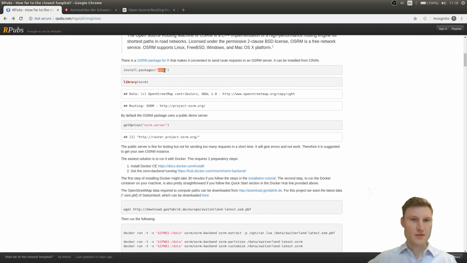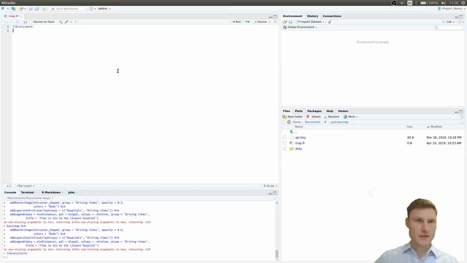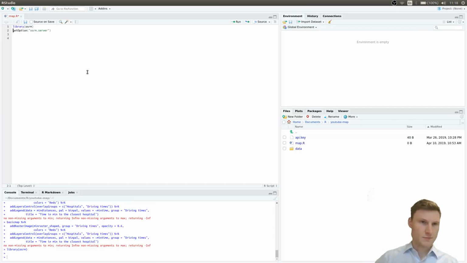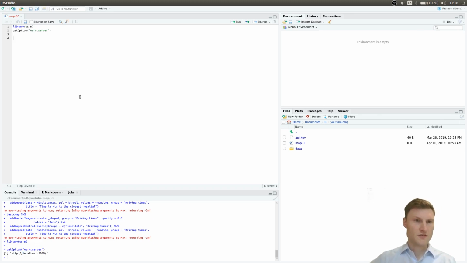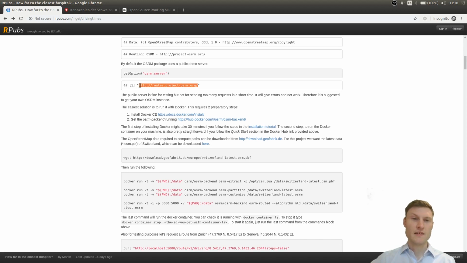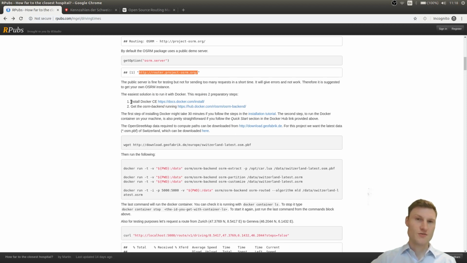And we're going to use the OSRM package, which is available in R, that I already have installed. By default, you don't have the localhost. You have a router project OSRM, which is basically a public server for you to test the thing. If you're going to have a lot of requests, which we will need for a random point interpolation, you're advised to have your own server running, which sounds more difficult than it is